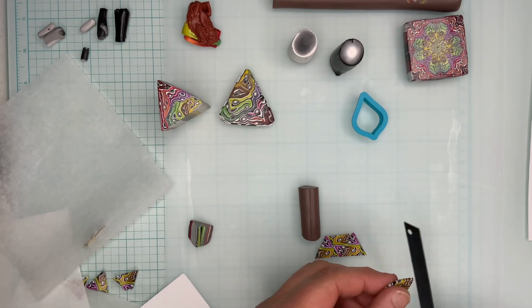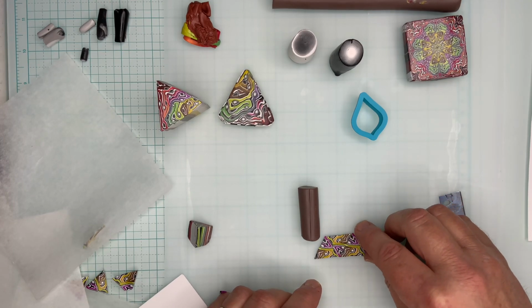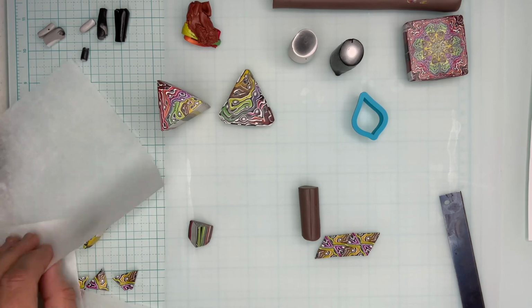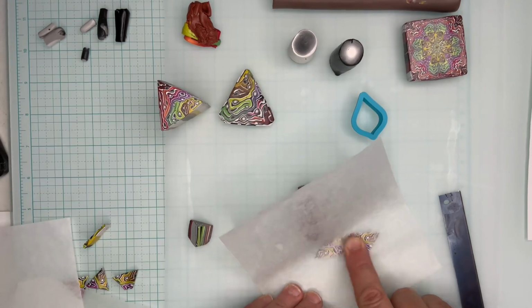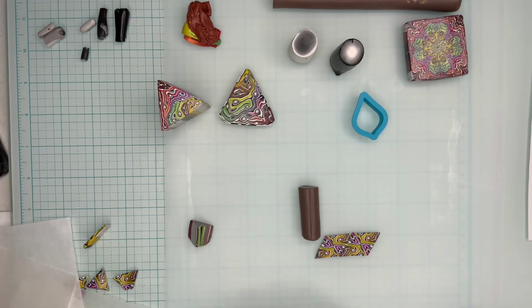Oh, I messed up. Okay, they're not stuck together very well, but they will be. Let me burnish that a little more. Okay, so